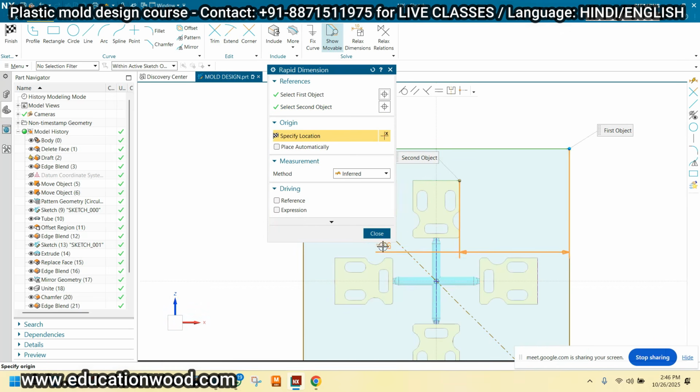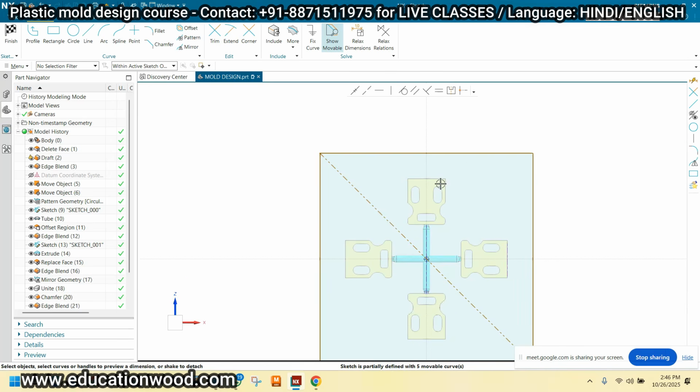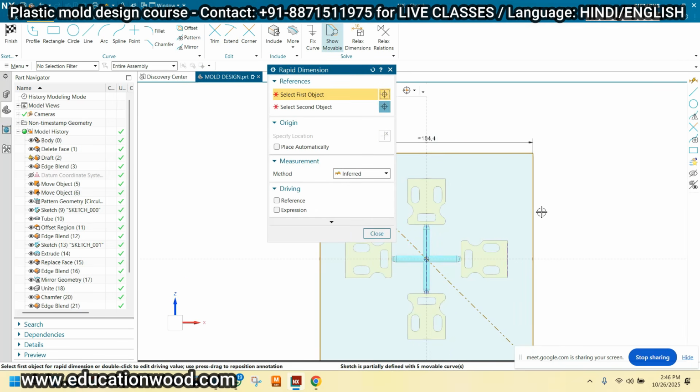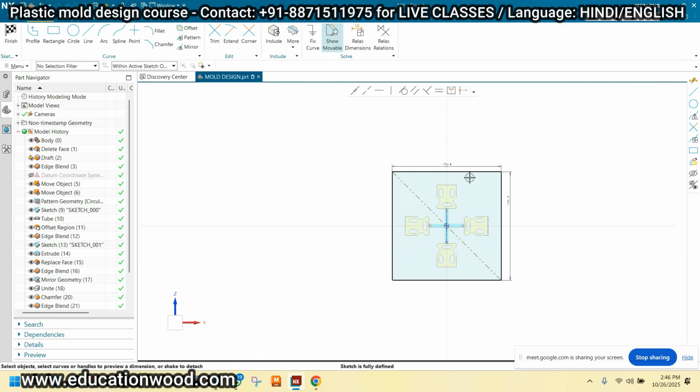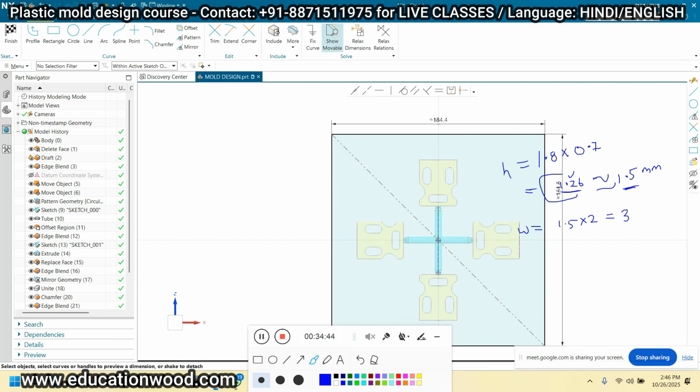Okay, and here will be 22 mm, right? Now I'm taking the distance between this and this. As we told you before, from one feature to another feature there should be a minimum distance of 15 to 20 mm.